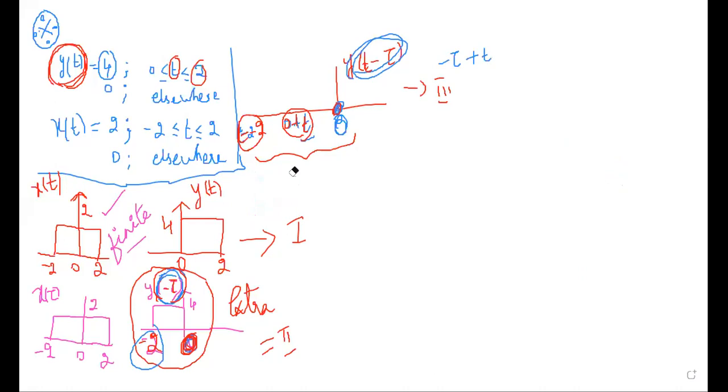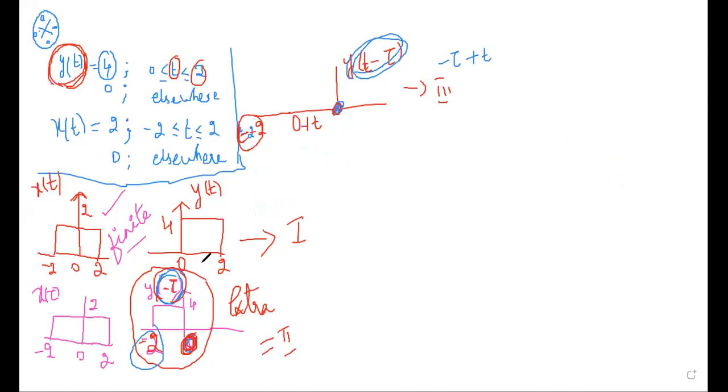T will be having some variable. It is having some variable because it is not purely 0 now. It is having some number t. T can be 1 or t can be 2. So I should not place 0 plus t in the origin itself. This is absolutely wrong. So I have moved the value of 0 plus t towards the left hand side of 0. Okay, so it is 0 plus t.